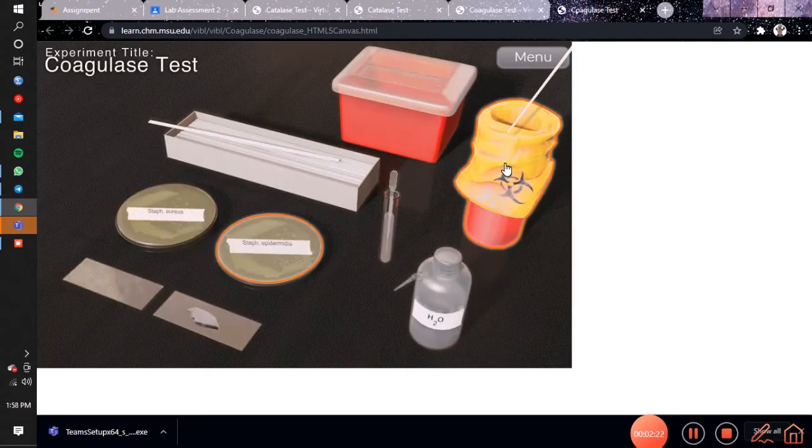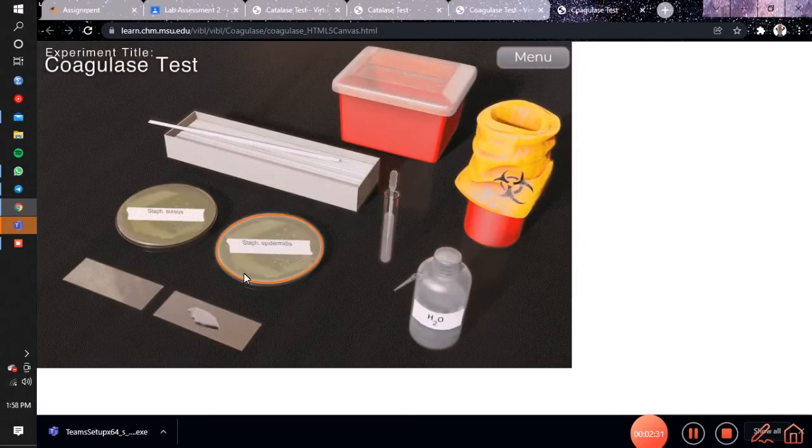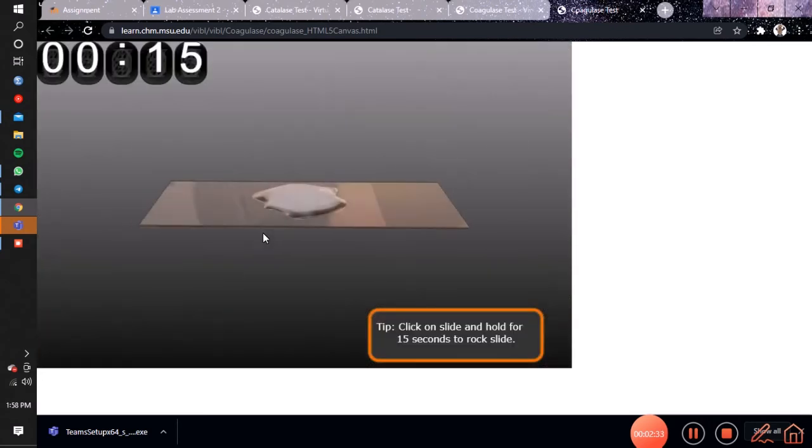After that, throw the stick into the biohazard box and then using the dropper, drop the rabbit plasma on the slide. After that, gently rock and mix the suspensions. Watch for clumping or coagulation to develop slowly. After 15 minutes,